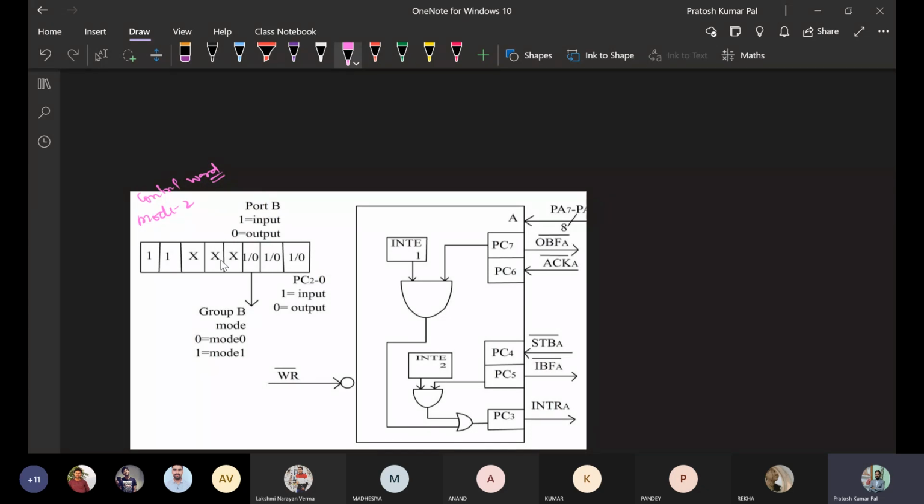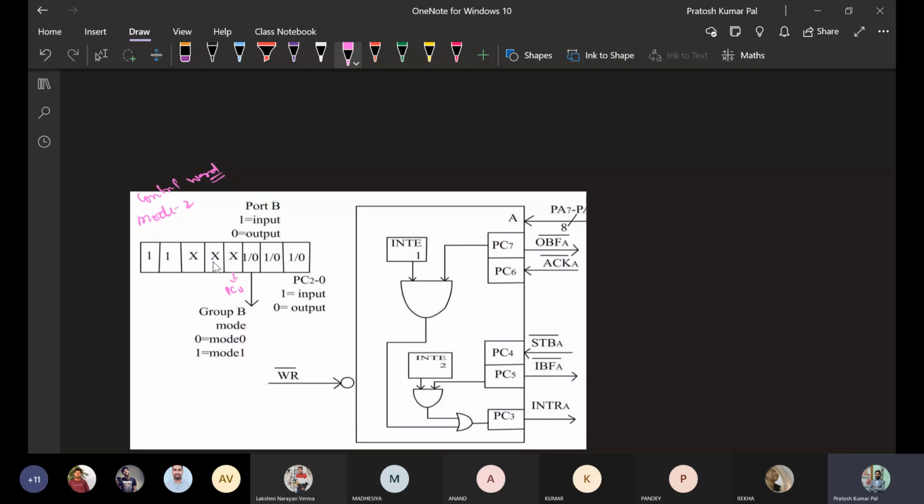The next three bits indicate, sorry, okay, next this bit will indicate the PC upper. So PC upper is going to work as a handshake signal, in either 0 or 1 mode.